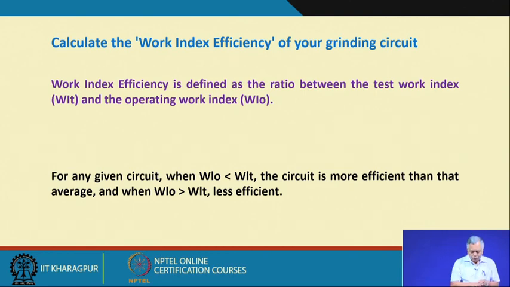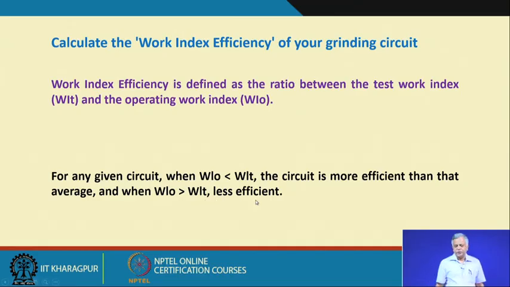So, it is the ratio between the two. For any given circuit, when WIO, that is your operating work index, is less than your test work index, that means the circuit is more efficient than that average,